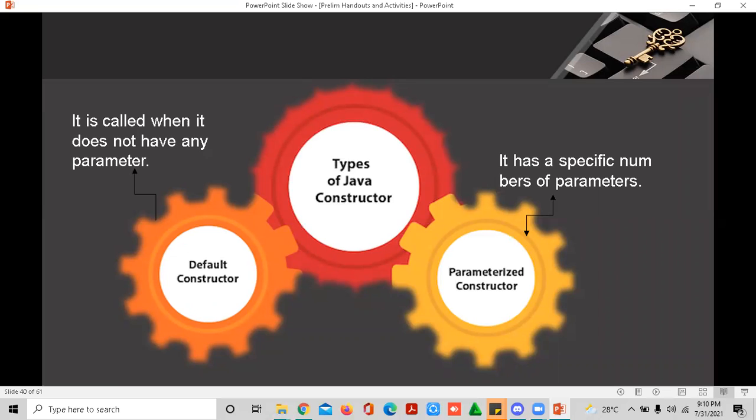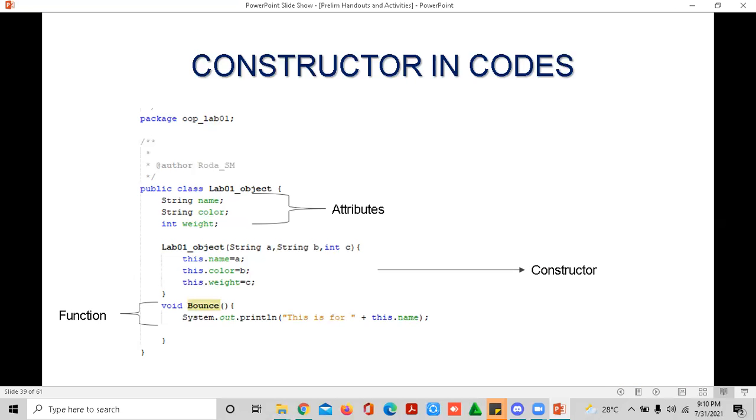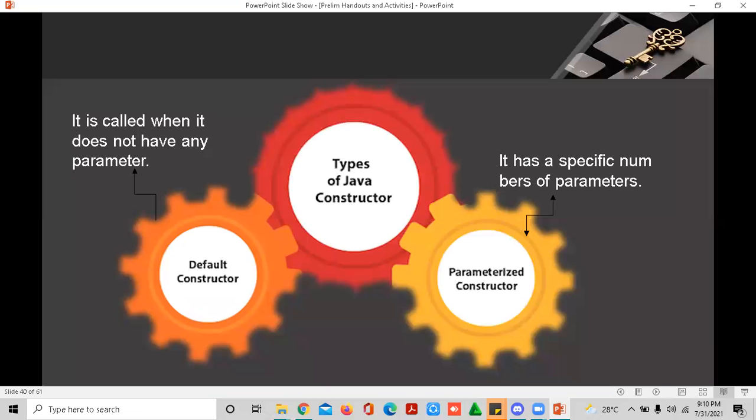So another one for the constructor. We have the default constructor and then the parameterized constructor. Again, when we talk about the parameters, they are inside the open and close parentheses after the method name. For the default constructor, it is called when it does not have any parameter or no value in